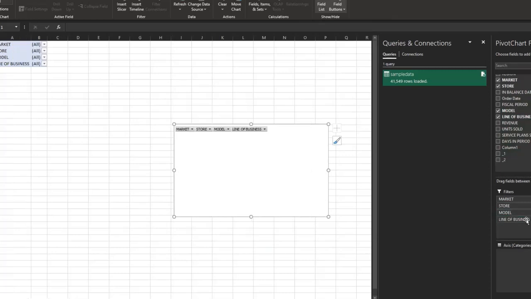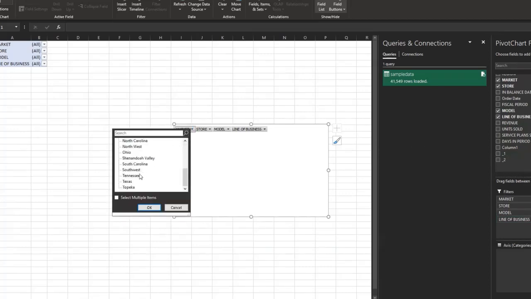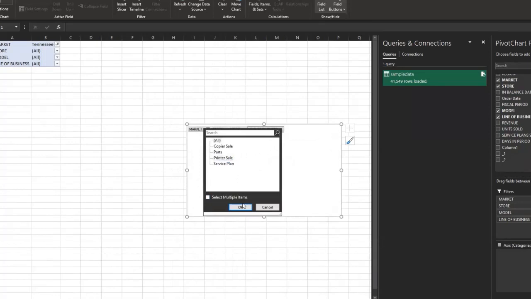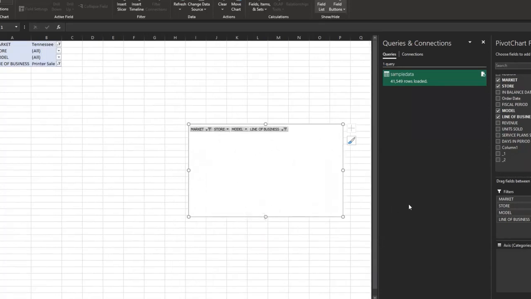And then I think we're going to come into Market. We're going to choose Tennessee, because that's what we want. We're going to come into line of business, and we're going to choose printer cells. All right. Then